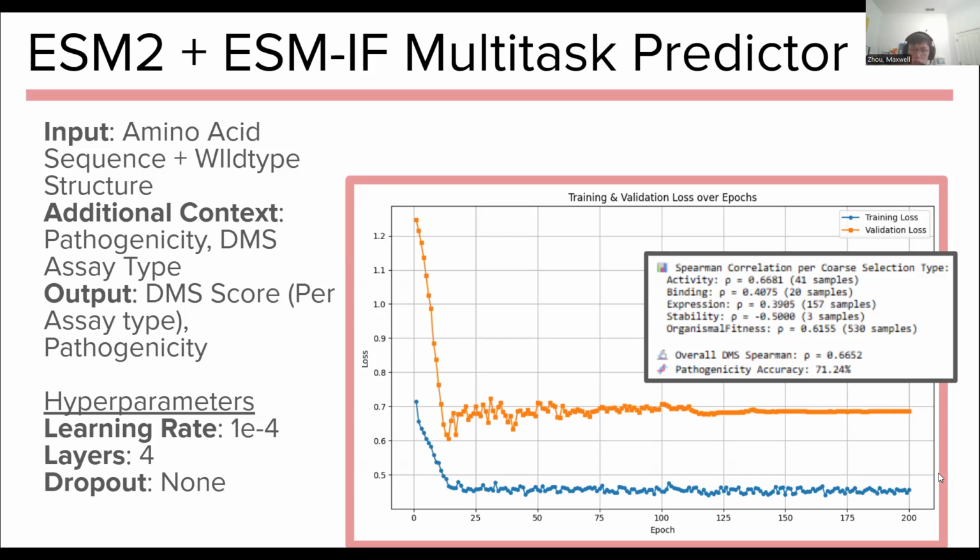This one also had a sixth MLP, specifically for predicting pathogenicity, whether or not the mutation was harmful. Overall this slightly reduced accuracy, but not by a significant amount.